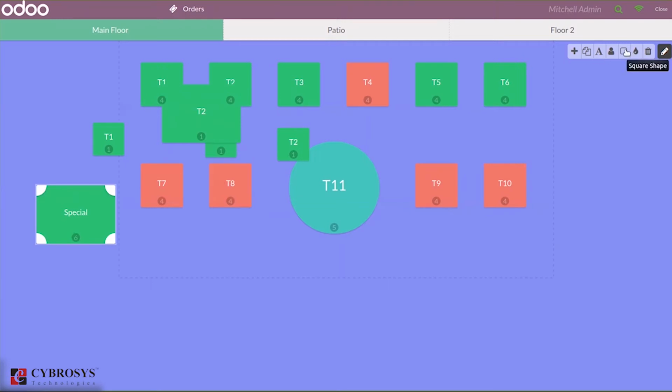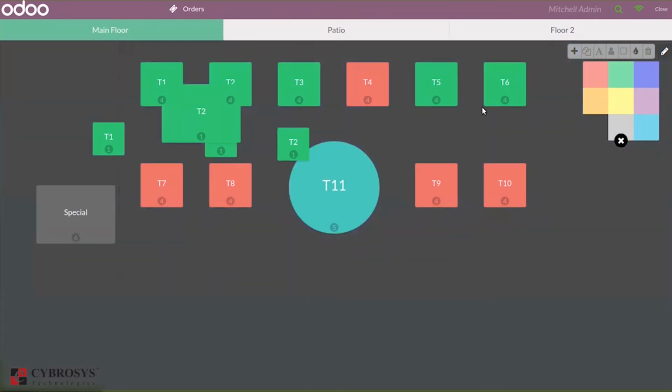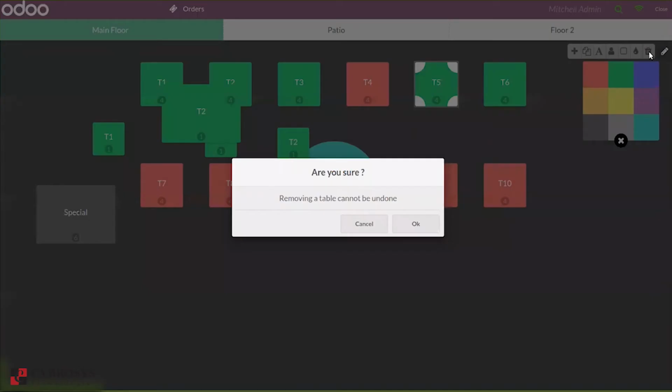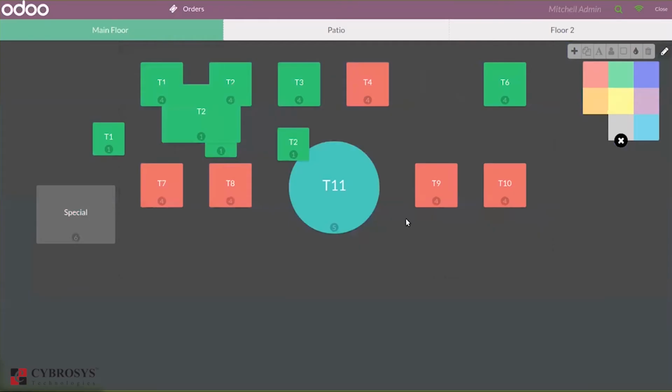Then you can change the shape, whether it is circle or square. Then you can change the color of the table. From here you can set the color of your table. If you click outside, and then click here, you can change the color of the floor. If you click on a table and click on this delete button, you can delete a table. You can see for T5 it asks, are you sure, removing a table cannot be undone. You can remove the table